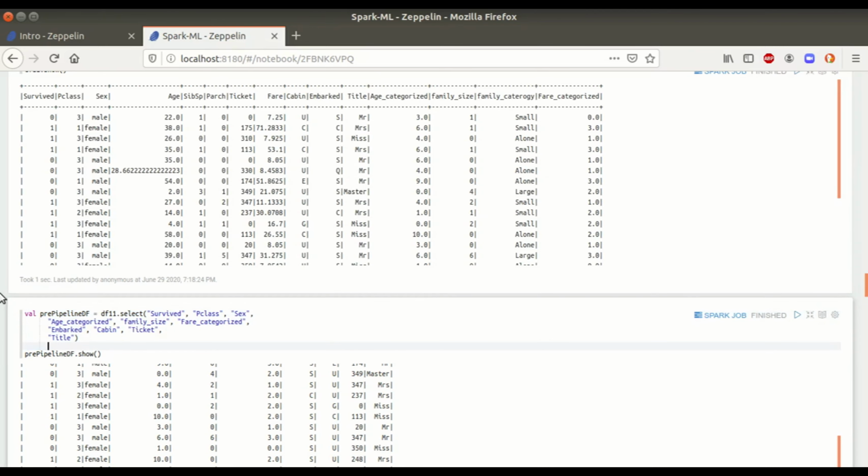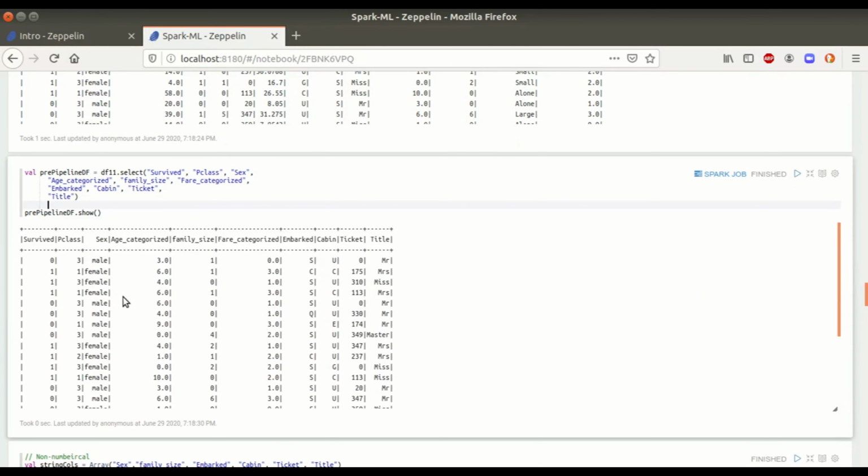So here I had eliminated some of the columns and selected only the columns which will be part of my machine learning problem statement. Our target is to predict whether a person survived or not, and these are the features which you have written. But in this particular data set, we have some string data columns which, rather than calling them strings, are categorical in nature.